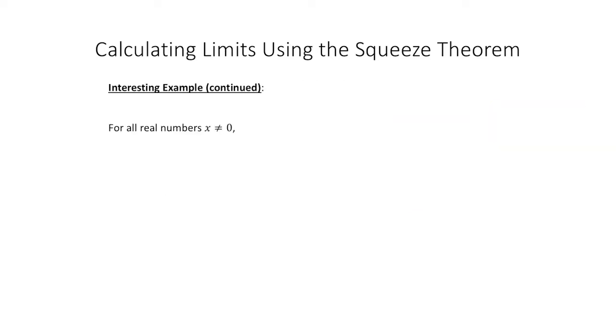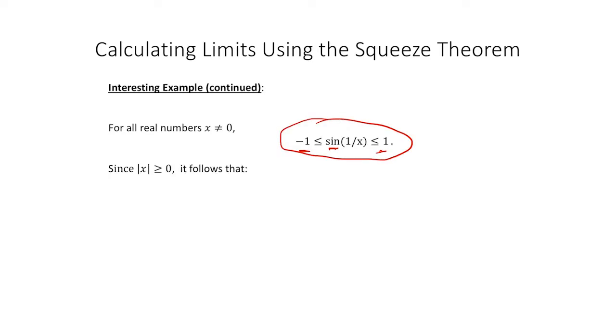Well, first of all, we're going to recognize that when x is approaching 0, it's not 0, and for those values, the sine of any angle, it doesn't matter that it's 1 over x, is going to be between -1 and 1. So if we look at the absolute value of x being greater than or equal to 0, we can just multiply this entire inequality on all sides by the absolute value of x without changing the direction of the inequality signs. And we get this compound inequality. The negative absolute value of x is less than or equal to the absolute value of x times the sine of 1 over x, which is less than or equal to the absolute value of x.